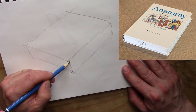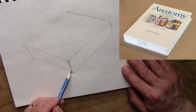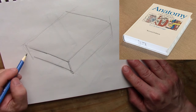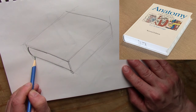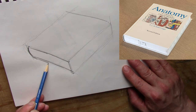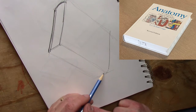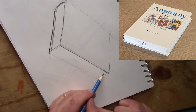I'm just going to start off with deciding where those corners are going to be. And then I'm going to inset it a little bit this way. I can see the pages are curved, but I'm going to make the decision not to curve them, just to make it hopefully easier to demo. I'll take this in here, so it's going to be the pages. And I can just go ahead and curve that a little bit for the binding. Now I want that little bit of an indent there and there for the book hinge. Then I got the thickness of the cover here, and same over here. So I'm going to decide on where the corner of my cover is going to be. I'm going to inset those